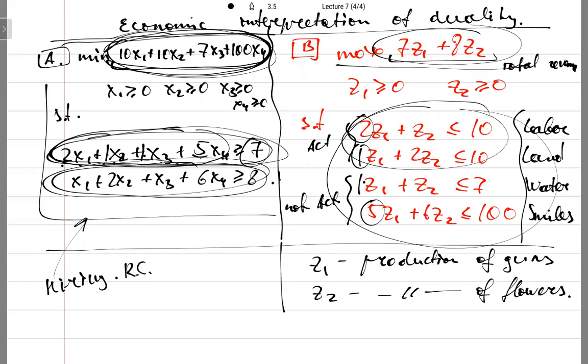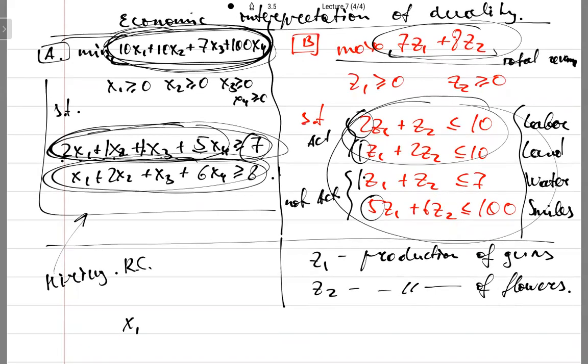I have one condition, that the owner should agree to sell the resources, and I'd like to pay the minimal possible price. That's the price of the technology plus resources. The price is the same, technology plus resources, so the maximum is exactly the minimum. And so it's the economic interpretation of duality, and that's why